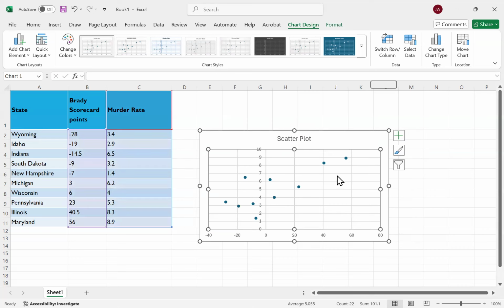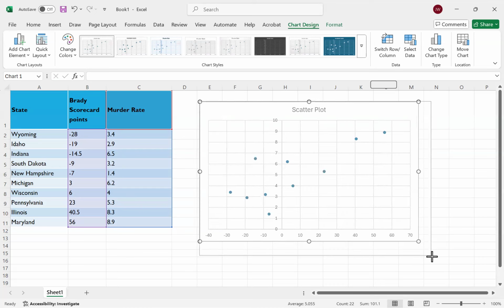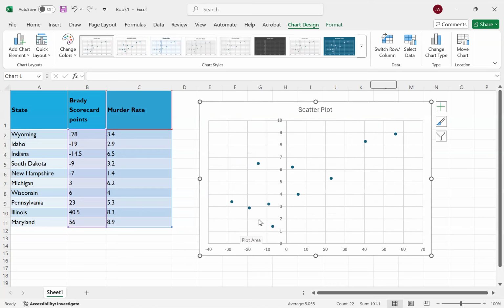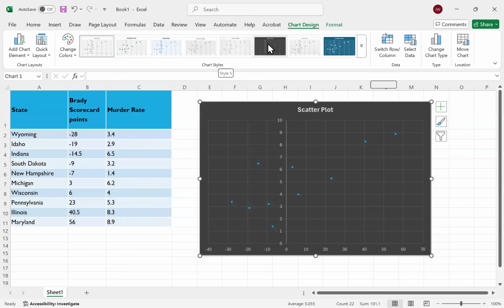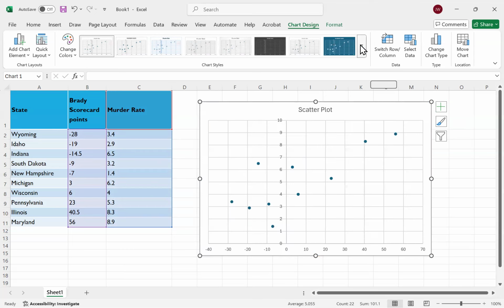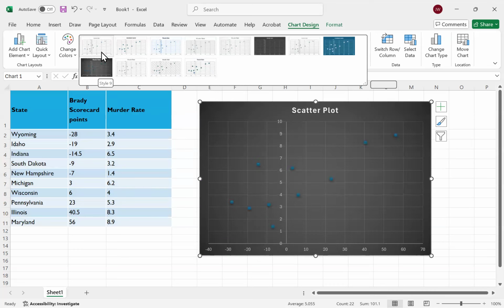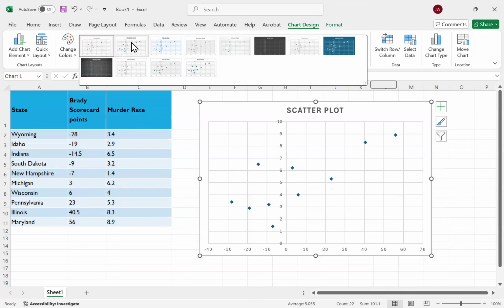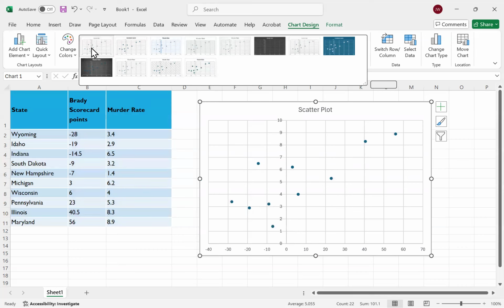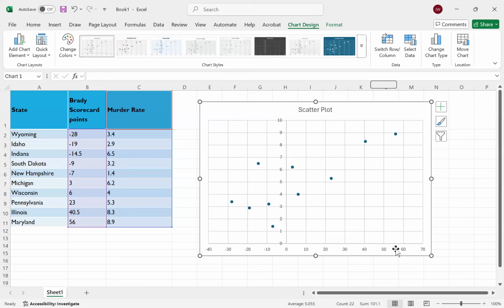I can also make this bigger or smaller, or I can change the axes. I can change the format by clicking on different values here. I can make it look slightly different. I'll just use our basic scatter plot, or at least one of the basic scatter plots. I'll use that one. And then each of these points